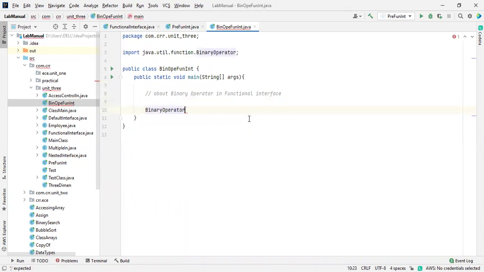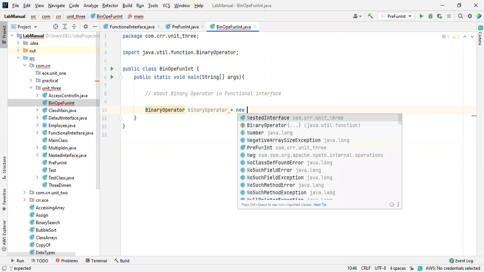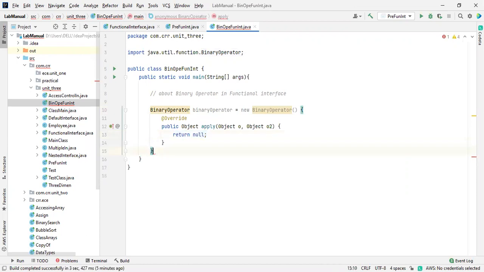Operator. So what is the usage of binary operator? How many arguments is it going to take? Only two arguments, and it returns only one. So this is how: binary operator equals new binary operator. See this one. Let me take it as a string.